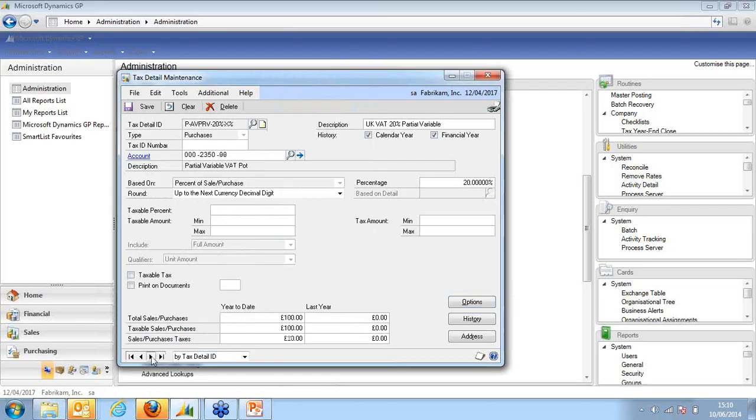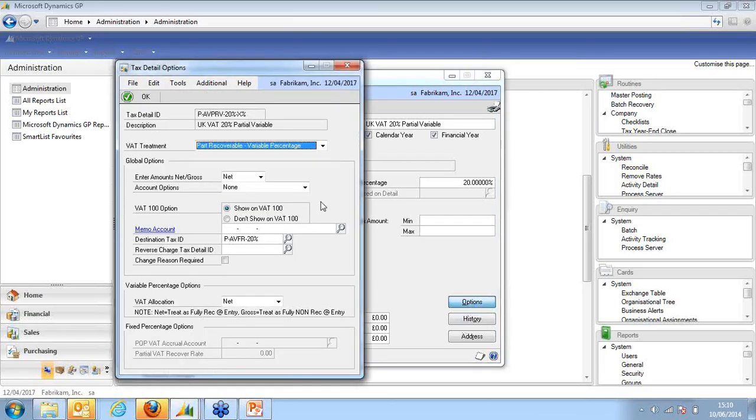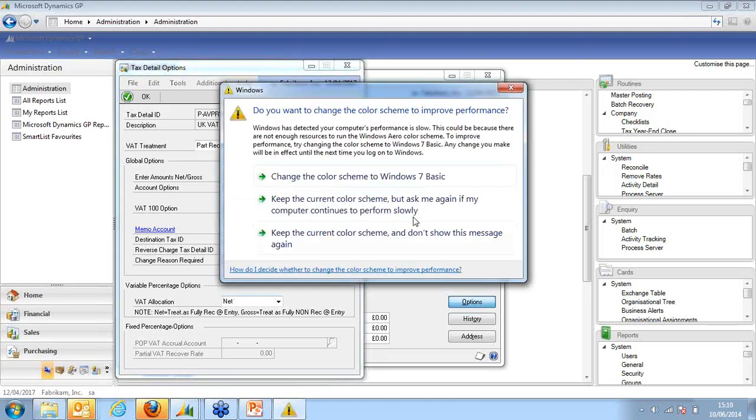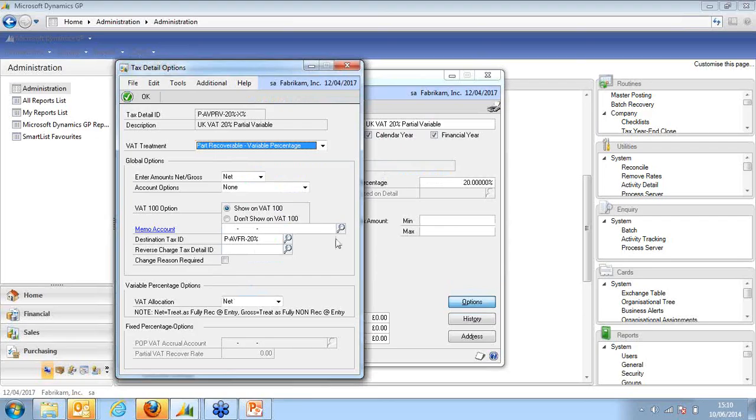The final tax detail ID is the partial advanced VAT, partial recoverable at a variable percentage. 20% is what the supplier is going to charge us, and I've notated it's got an X% here because we don't know how much, when we're putting the invoice on, we're going to recover. Looking at the options, we can see I've set that up as partial recoverable variable percentage, and I've set it as net. So with the net option, we're going to treat the invoice